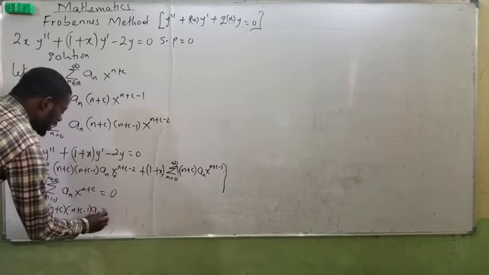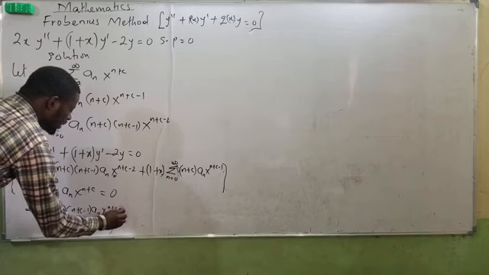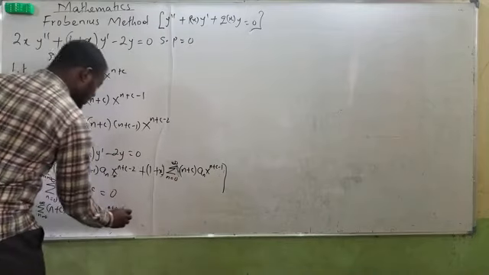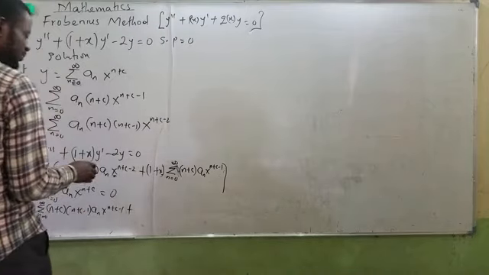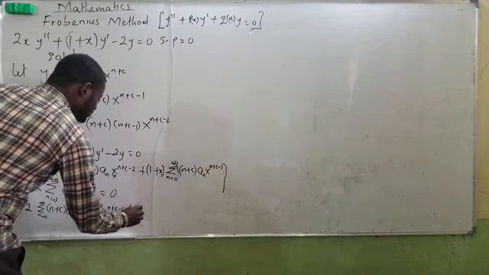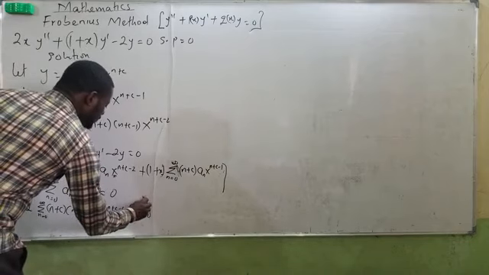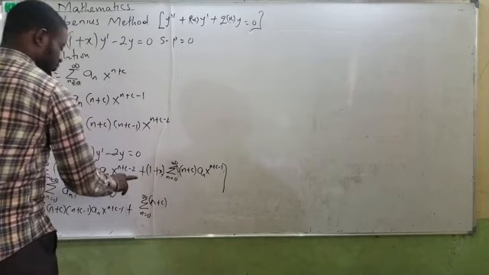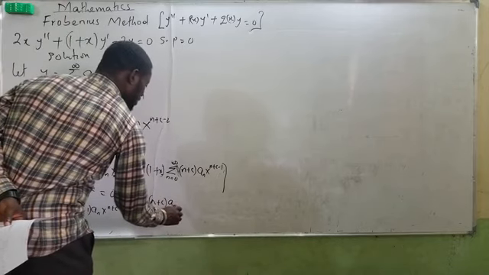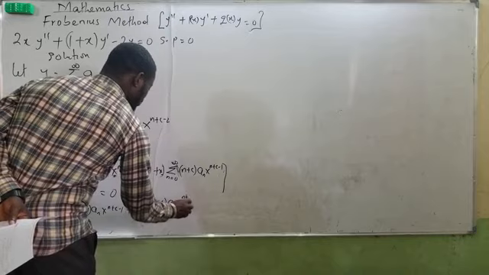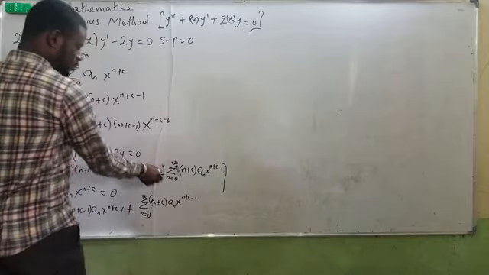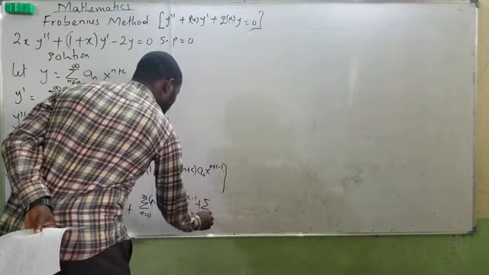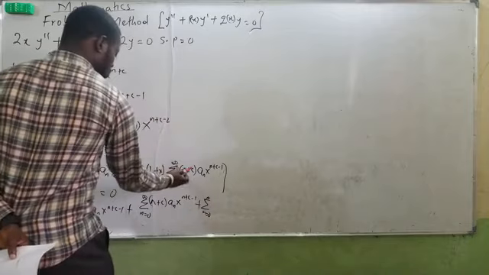A of n x to the n plus c minus 1, because this prime has taken away 1 here, which is going to be minus 1, and plus this one will be having the sum, it runs from 0 to infinity, and I'll be having n plus c, and a of n x to the n plus c minus 1, which is for this, and plus I'll be having also the sum running from this to this,